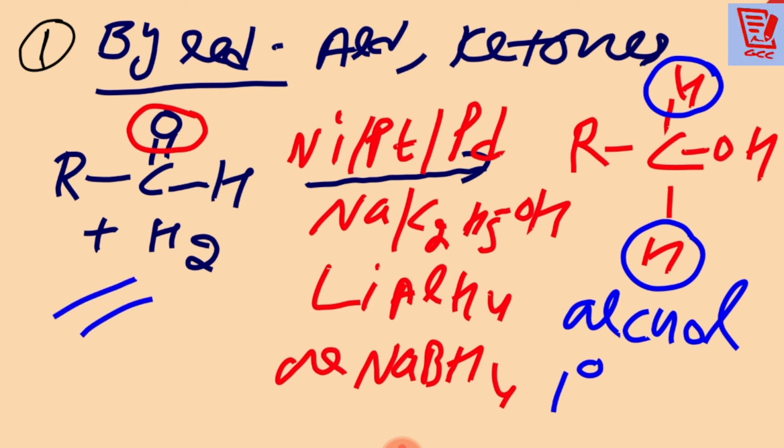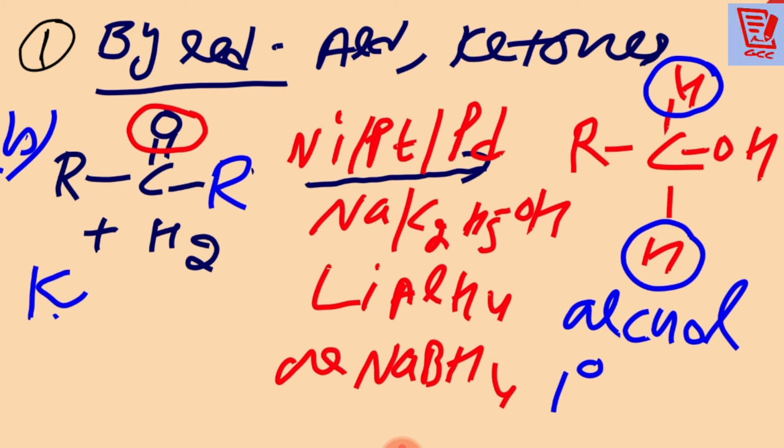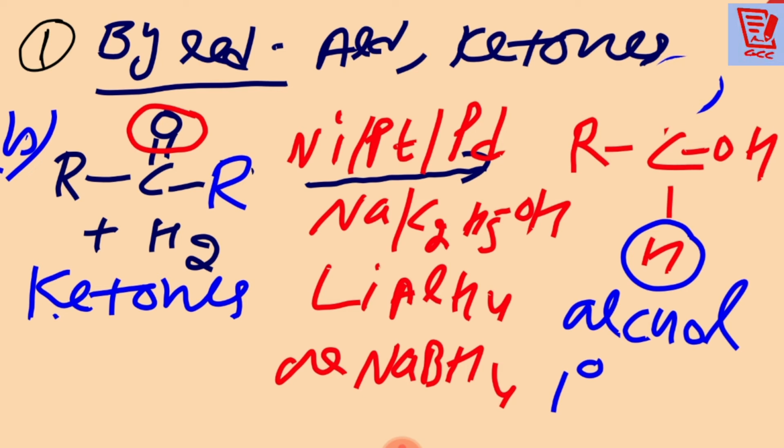The same way we can do it with the ketones. Now you see all of you please, this was part A. Now I am going to start with part B. Please see all of you, I am changing a little bit. Suppose it's part B, here it is RCOR. Students, everybody knows this is known as ketones. The catalyst will remain the same.